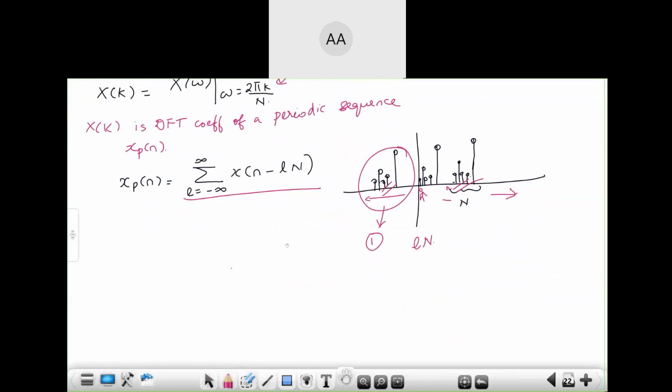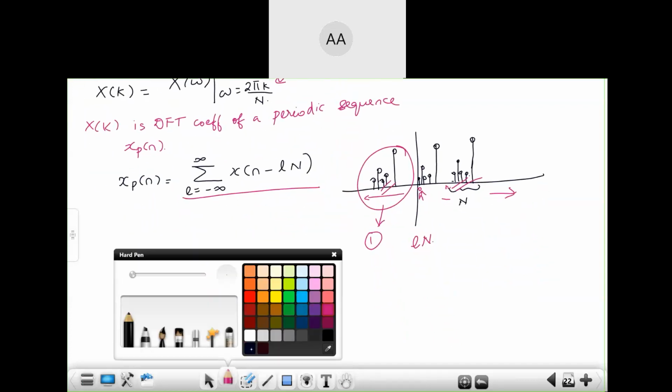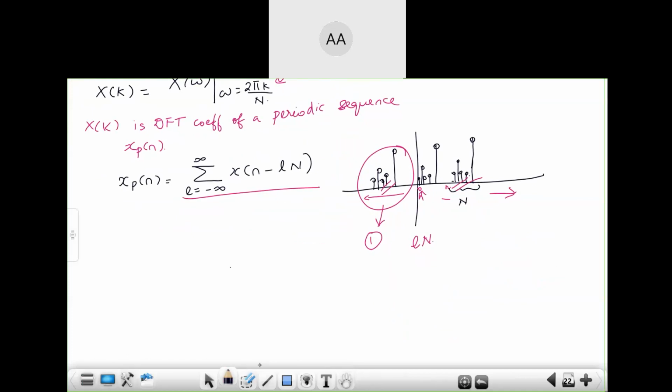Yes, ma'am. Ma'am, how did I get that n minus ln? See, this is a periodic shift in the signal. n minus ln is equal to 0, right? So ln is equal to n. Is it not? So what is your N? Capital N is equal to small n by L. Some arbitrary value you are shifting by L